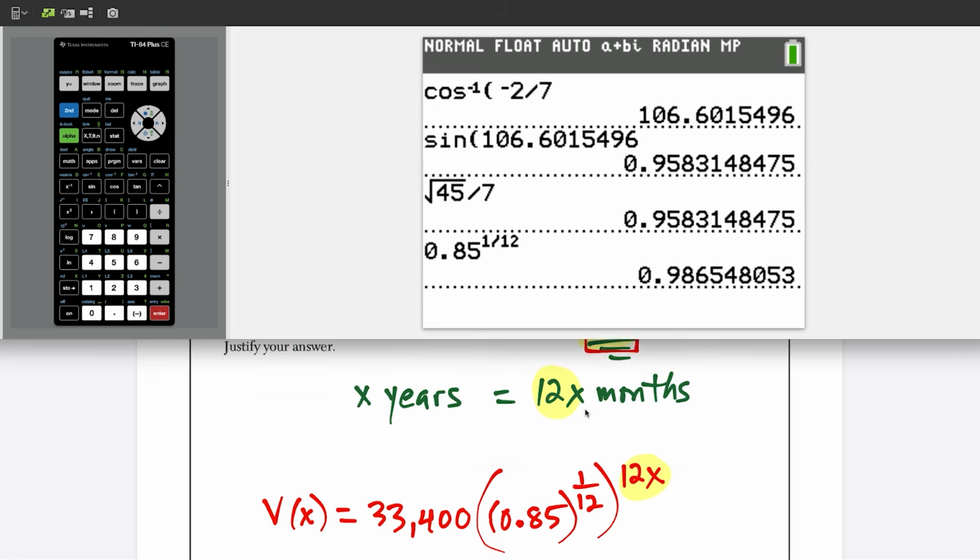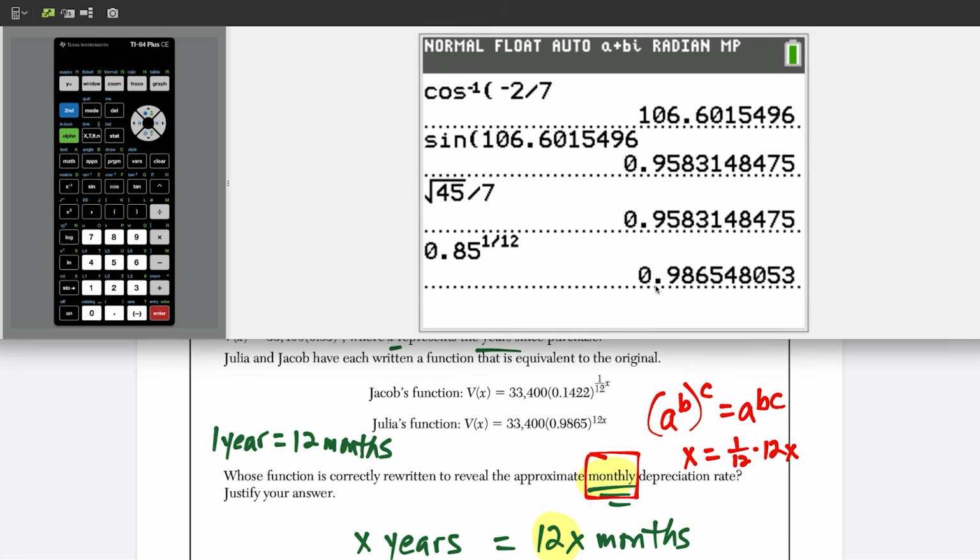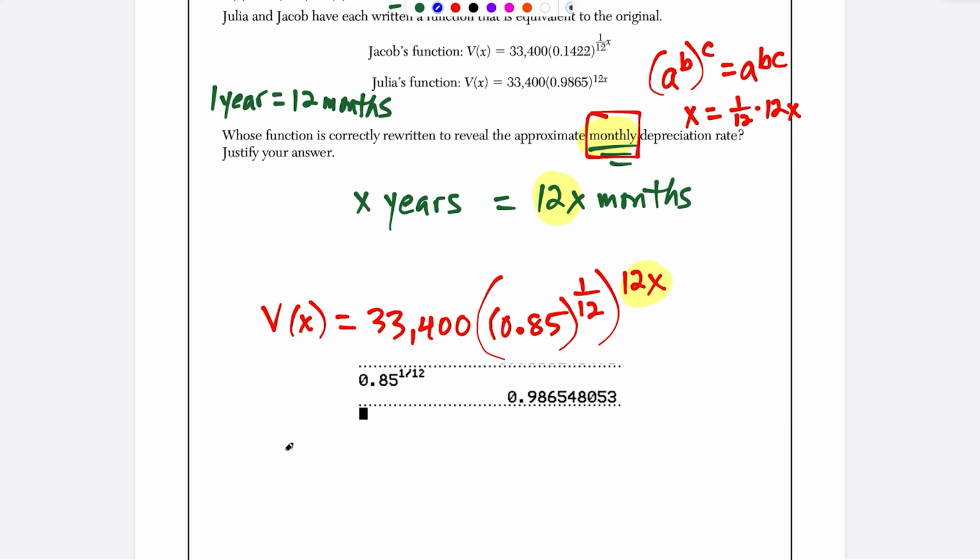And this is going to give us, if we look, 0.9865, and to the right of the 5 is a 4, so we would round down to 0.9865. So Julia's function is looking good. So now we could just record this result. We have v of x is equal to